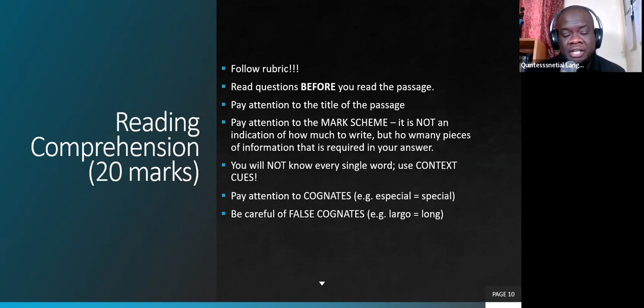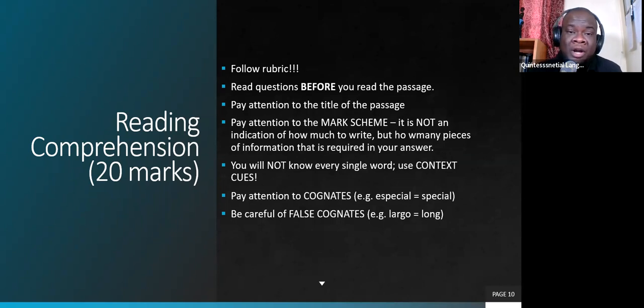And the question says, how is Maria described in the passage for 3 marks? You might say, oh, shucks, I need to write plenty. But no, what CXC is looking for is 3 pieces of information. In this instance, it's 3 words: humble, young, intelligent. And that is what gives you 3 marks. Even if you run out of time and you're just writing those 3 words, how does it describe her? Humble, intelligent, young, you will receive marks.